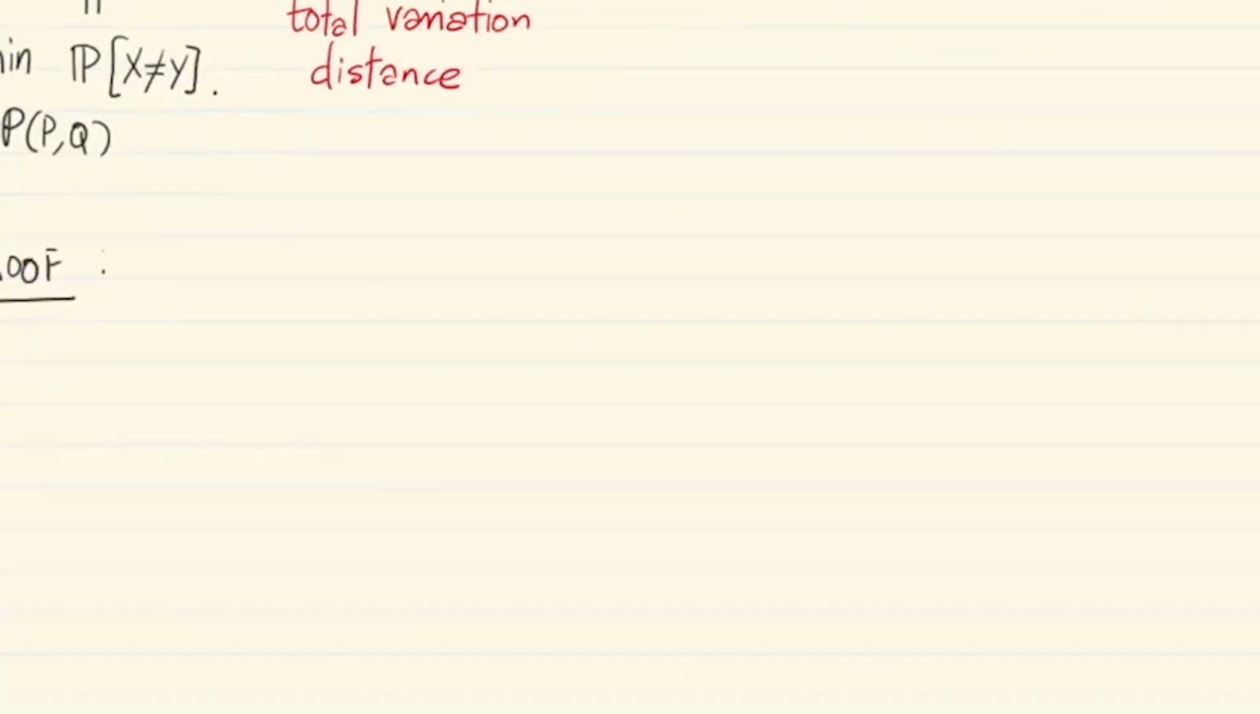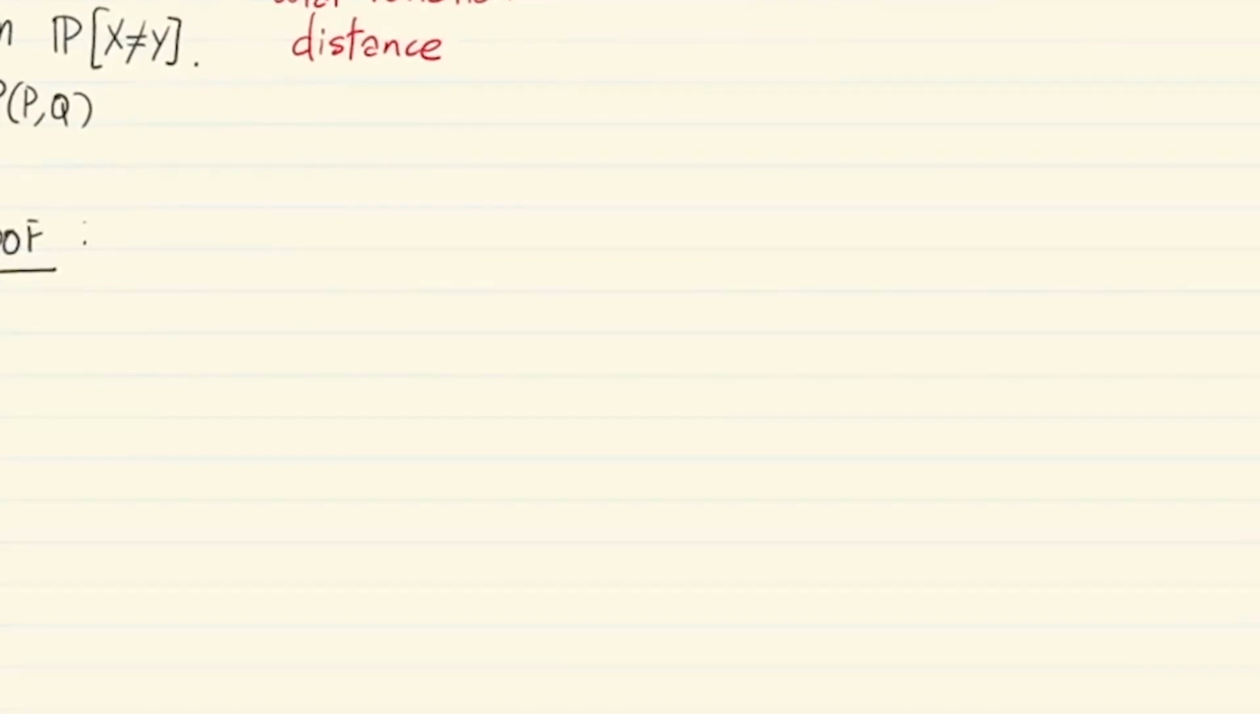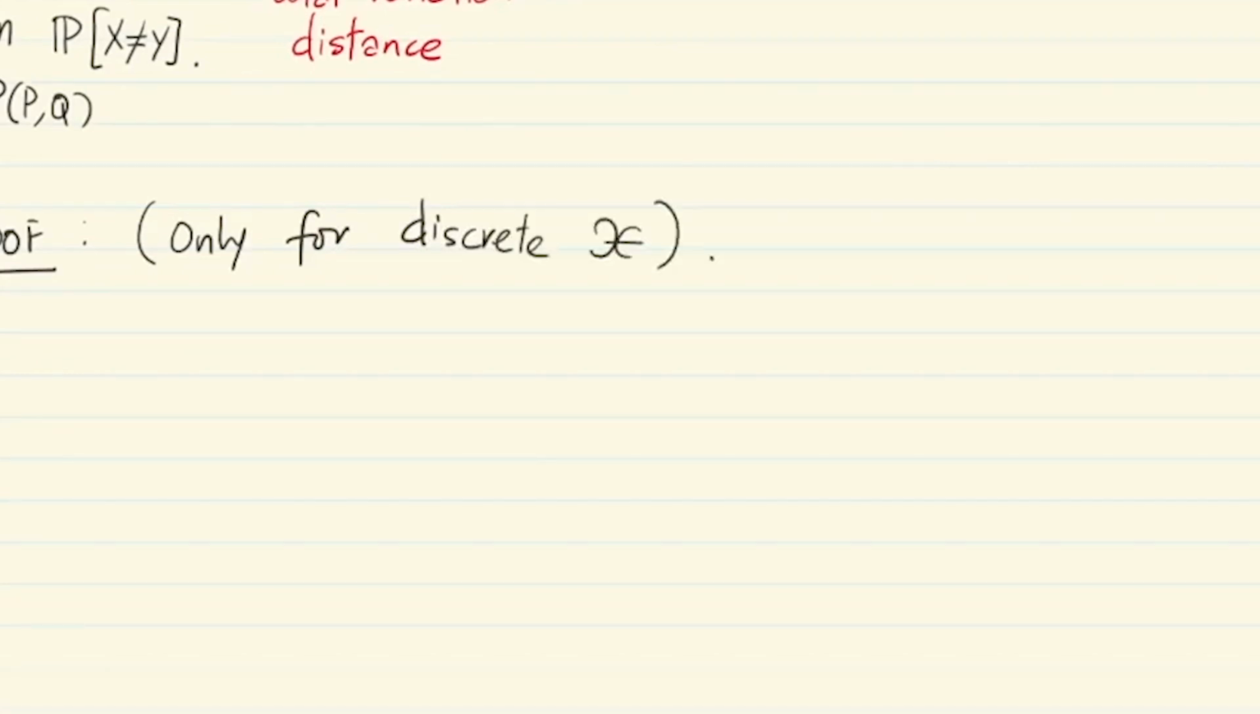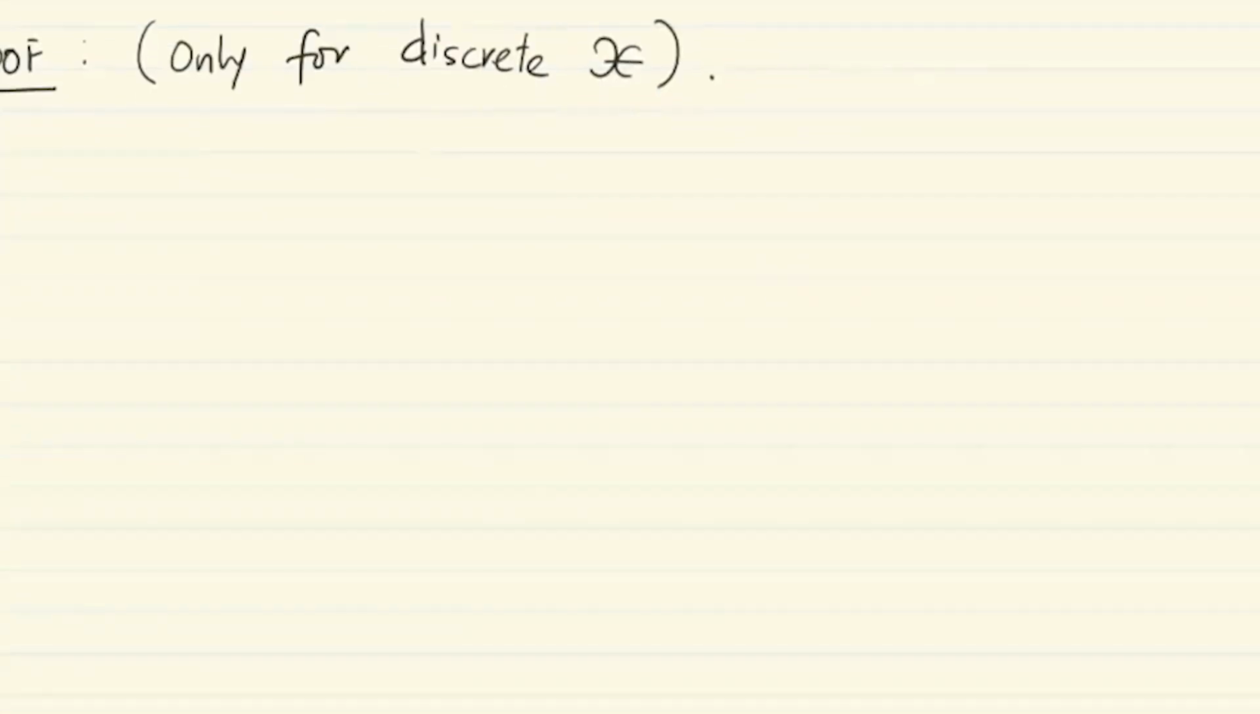So for reasons of simplicity, we will only show the proof for discrete spaces X. The general case can be shown with some more technical effort. In fact, we can assume that X is finite just for the sake of simplicity. So the first step is to say that for every possible coupling P of X and Y, or P